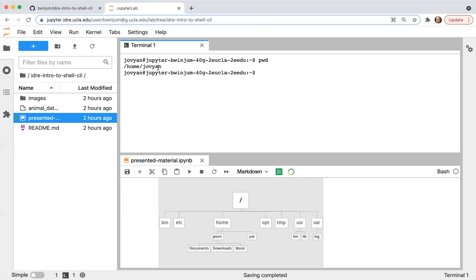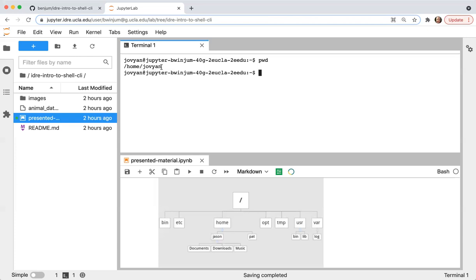This is the directory that we're currently in, /home/Jovian. Slash by itself tells us that we're starting at the root directory. Inside of root, we have home. And then inside of the home directory, there's another directory called Jovian. And we know it's a separate directory from home because it's separated by the slash.